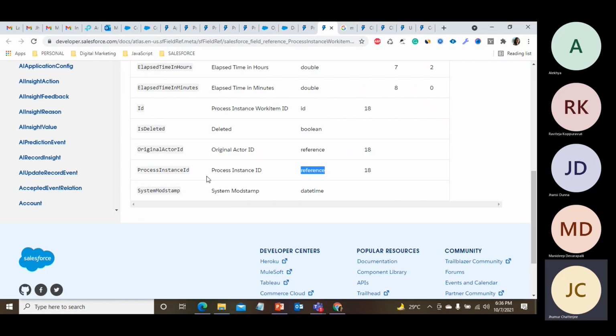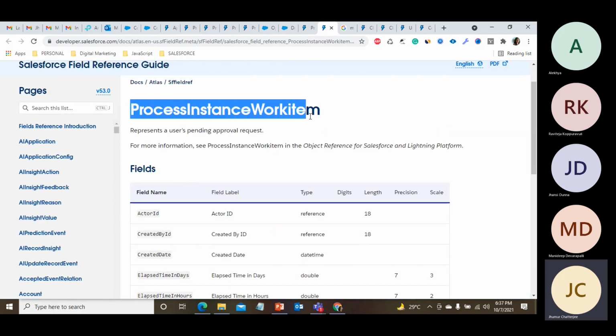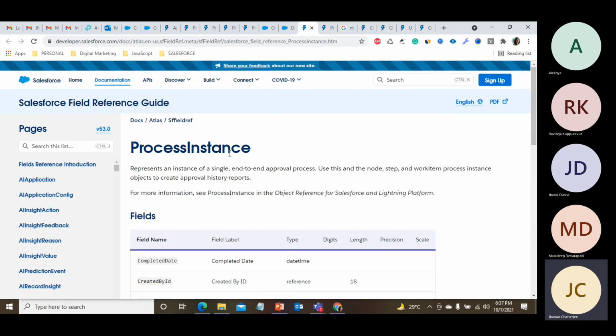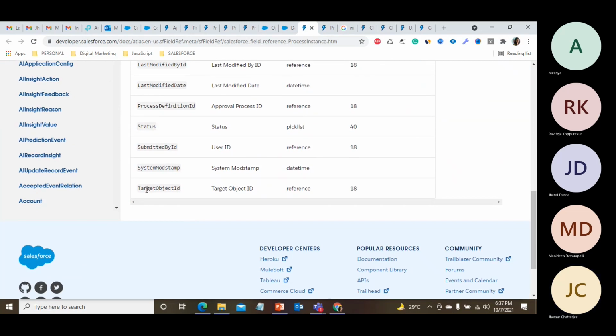It's reference. Reference means this process instance ID must be a parent object of this process instance work item. Now we check this process instance. Yeah, it has target object ID.